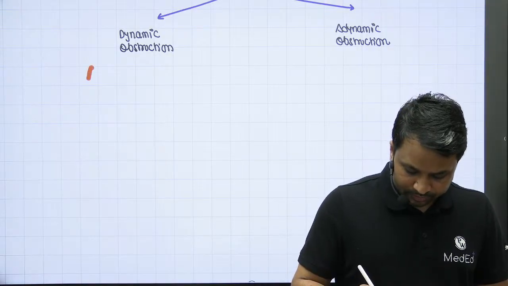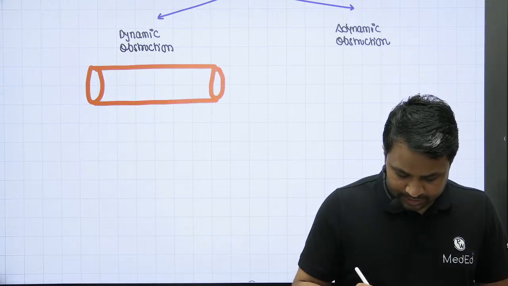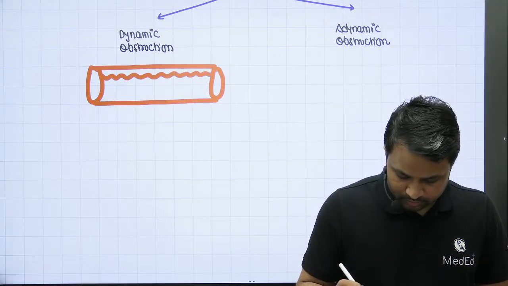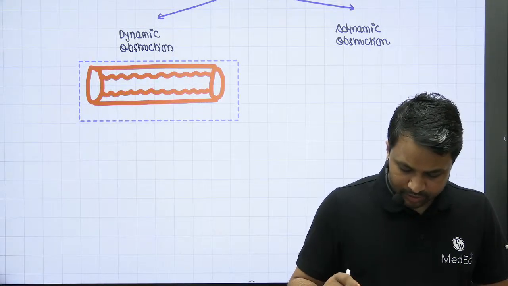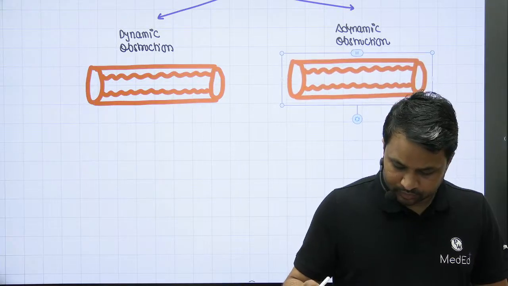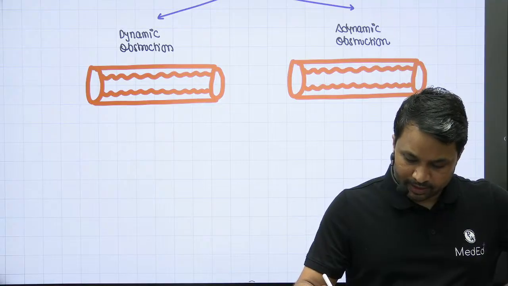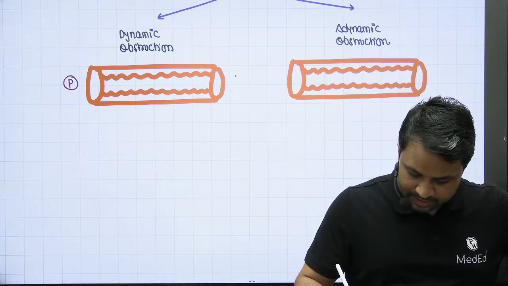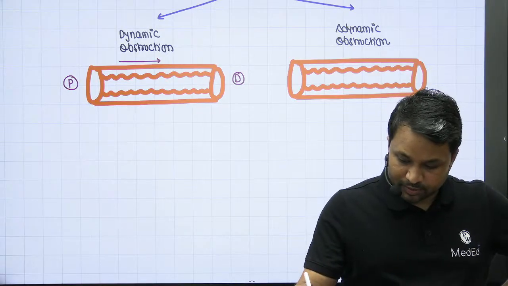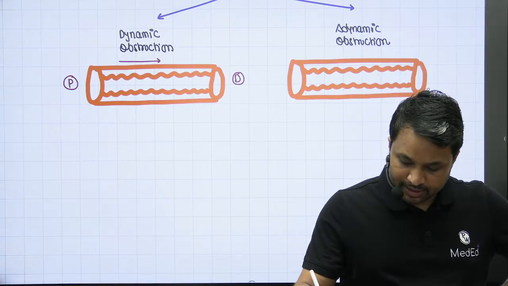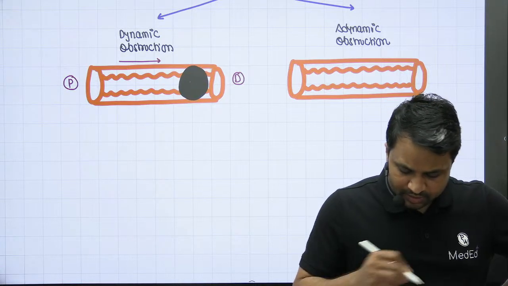representation of the bowel. This is the bowel loop that we have. Inside this is the bowel wall. These are the loops of the bowel that you have. Now, let's imagine that this is the proximal end of the bowel and this is the distal end of the bowel. We all know the content is going to move in this particular direction. In a dynamic bowel obstruction, due to some reason, there is an obstructive lesion present somewhere across here in the lumen itself.